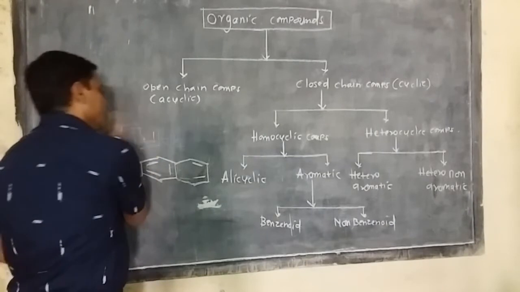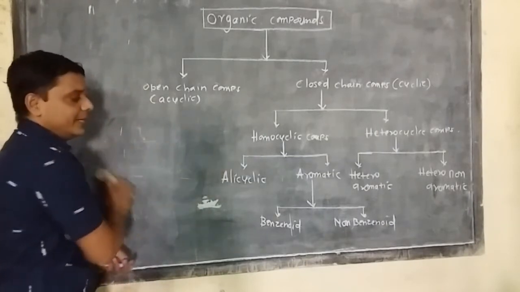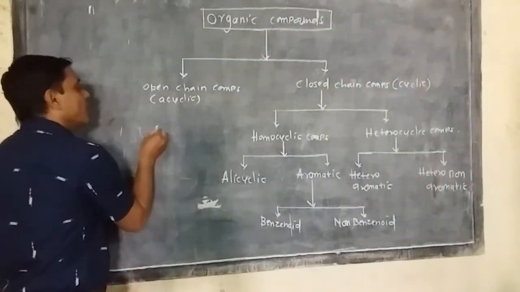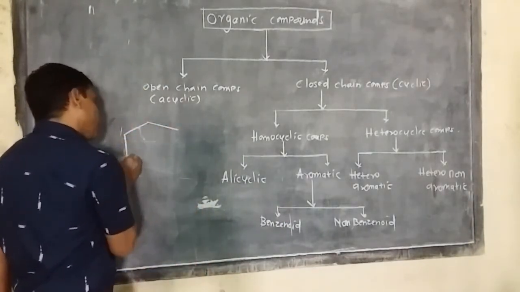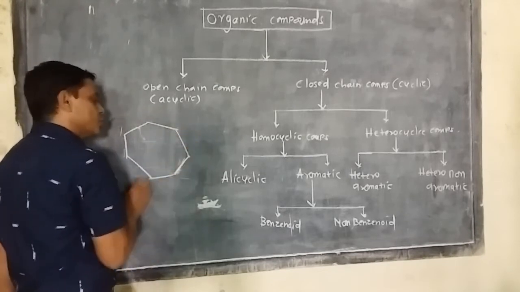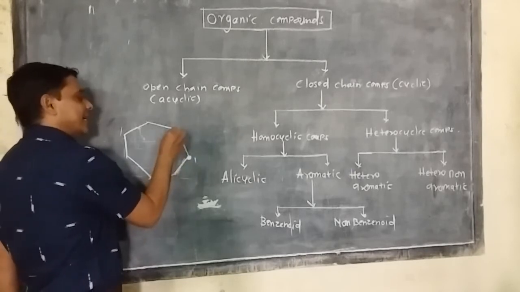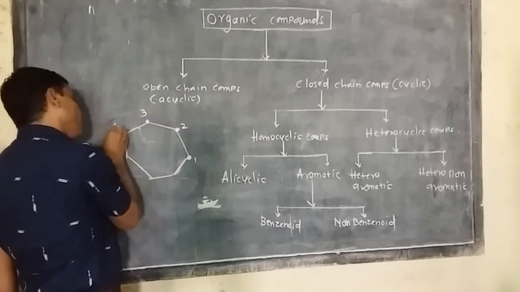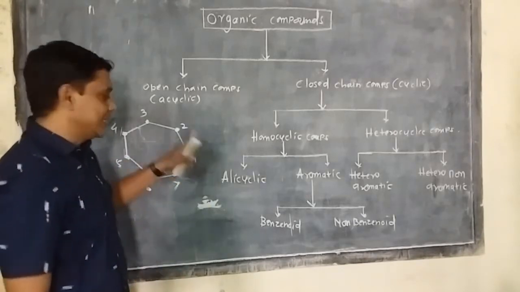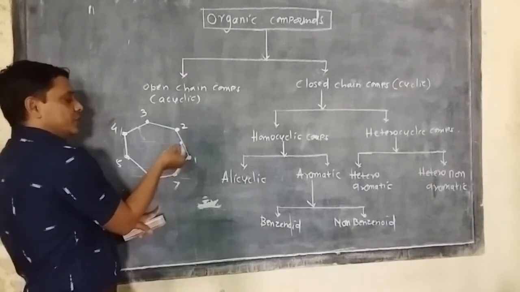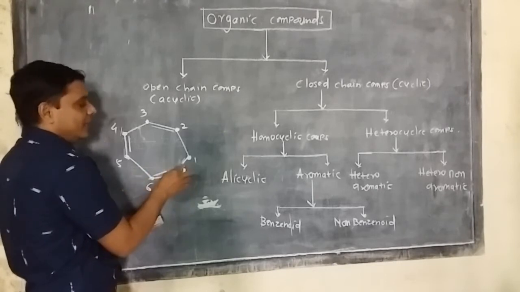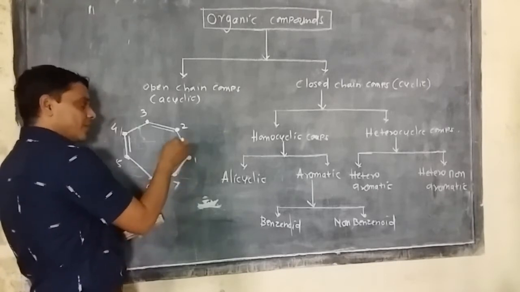But certain compounds are aromatic, yet they do not have a benzene-like structure. Simply, I can say tropone is one example. In the case of tropone, there are seven carbon atoms attached. See, the joining is like this: this is the first carbon, this is the second, then the third, fourth, fifth, and then sixth and seventh. No doubt, it is still in cyclic form and in conjugation. So single bond, then double bond, single bond, then double bond, single bond, then double bond.